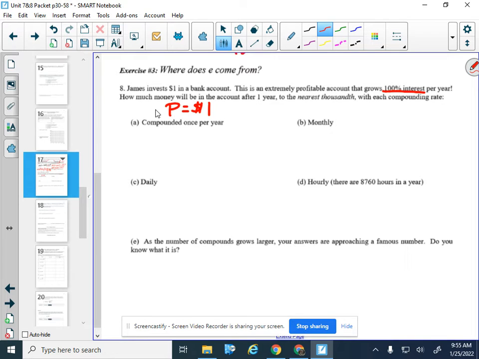So that's an increase, a positive r value, and we know the number 100%, if we write it as a number, is just the number 1. Okay, so the r value is not some sort of decimal here, it's actually 1. Now it says how much money will be in the account after 1 year. So t is also 1, or we're measuring in years, to the nearest thousandth with each compounding rate. So the n is the value that's going to vary throughout the problem. So when I say once per year,